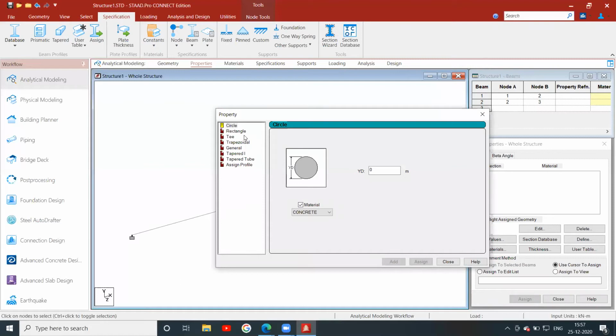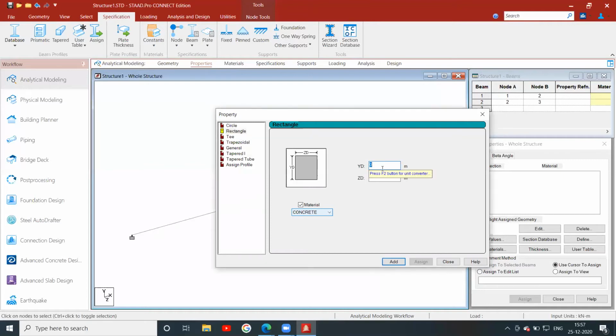Generally, the beam sizes will be rectangular. It can be circular also, or T, according as you wish. But we are choosing rectangle. ZD is the width and YD is the depth of the beam.